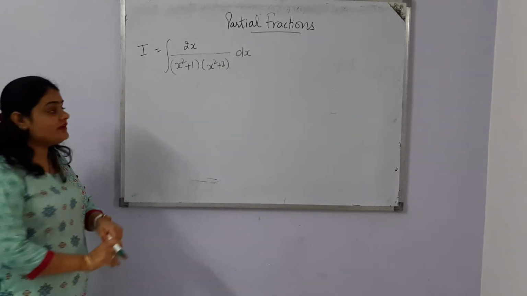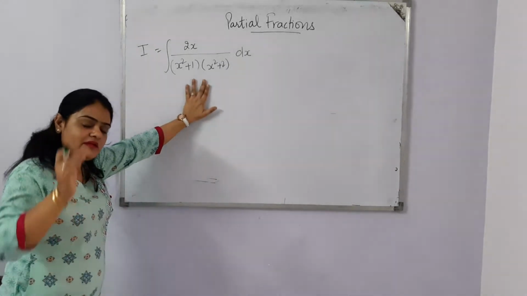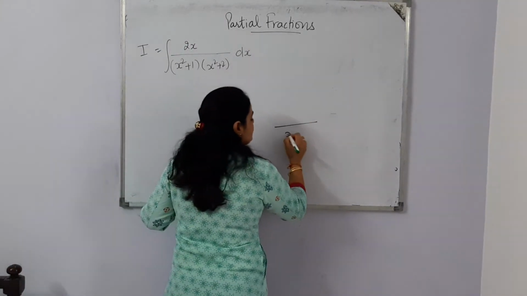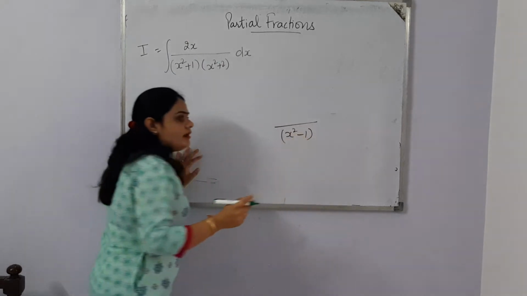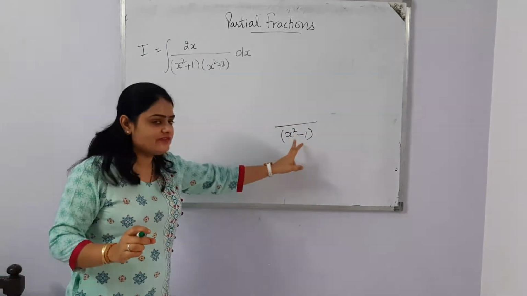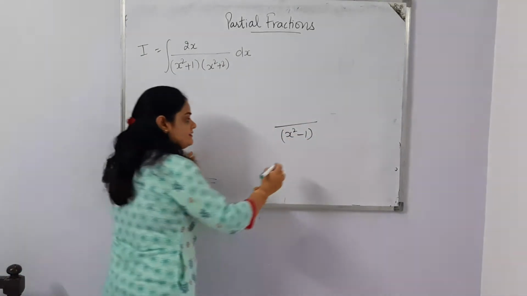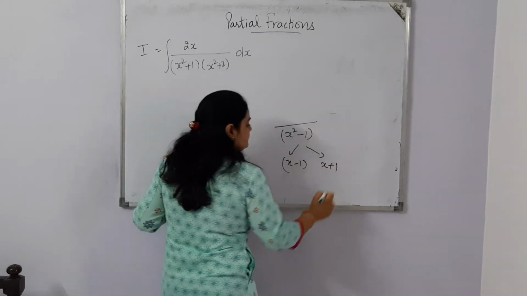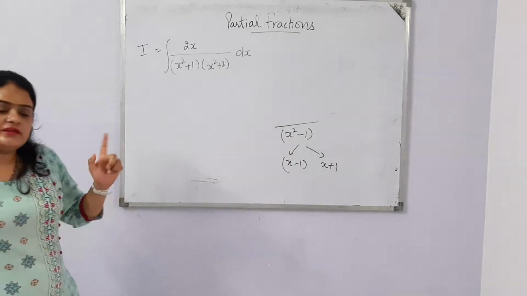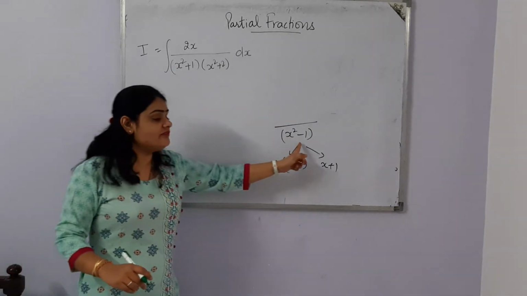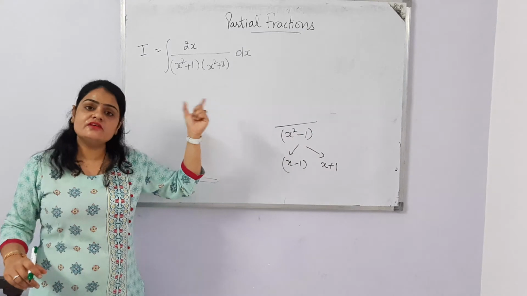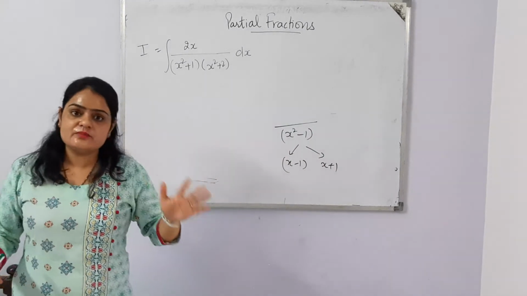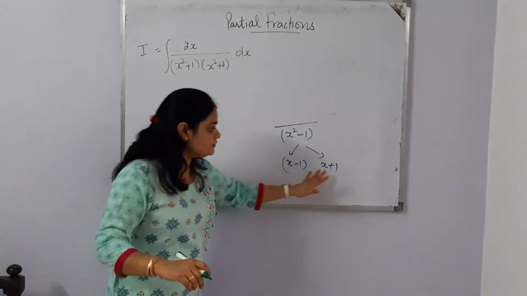Make sure, in the last question that we did, we had x square minus 1. It's possible to make linear factors from x square minus 1, because one is x minus 1, another one is x plus 1. We can split it. If we have one factor with power 2 or 3, first of all we'll split it out. If splitting is possible, in that case first of all do the splitting.